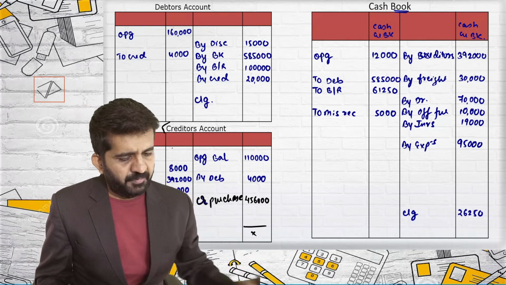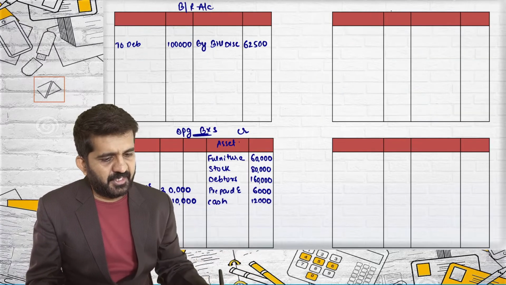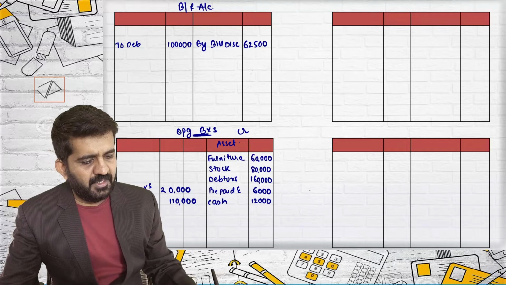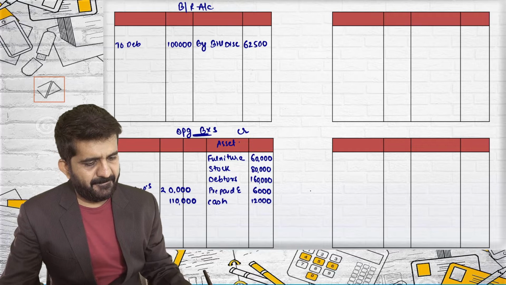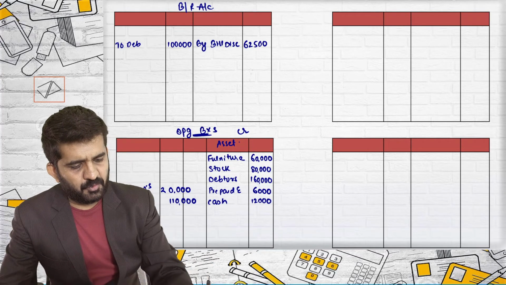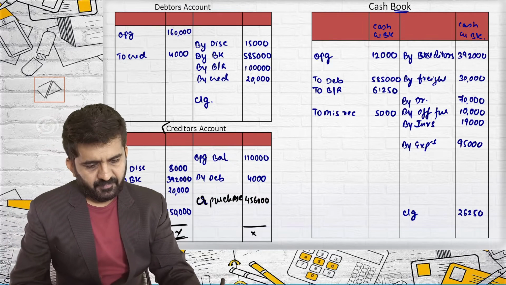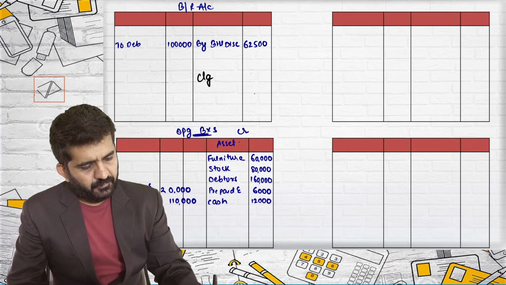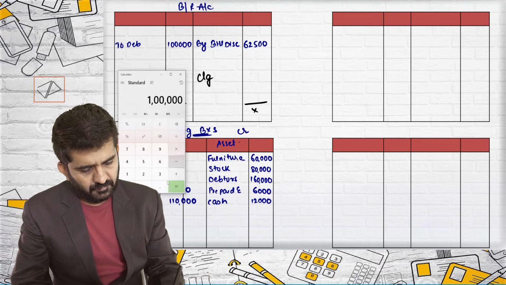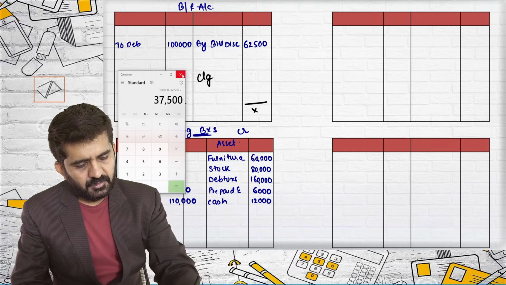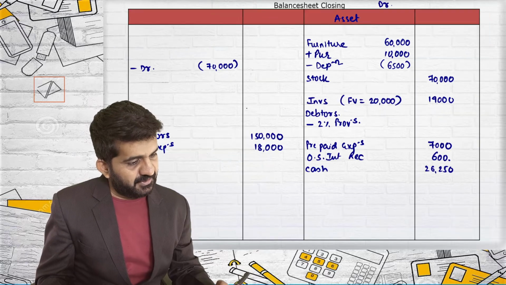In the cash book they have told me whatever the difference figure is, I can transfer it to capital or drawing, so it will be easy to tally my cash book. Let me go to bills receivable. BR received is 1 lakh, discounted is 62,500. I can get the closing balance, which is the balancing figure. It is 37,500. Second effect will go in the closing balance sheet asset side, 37,500.